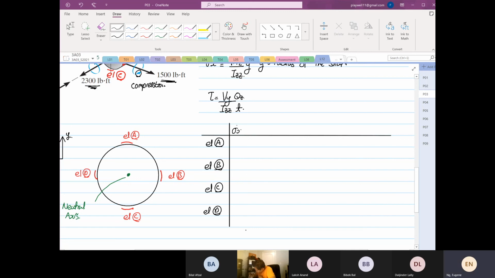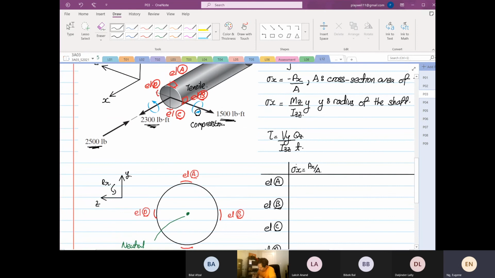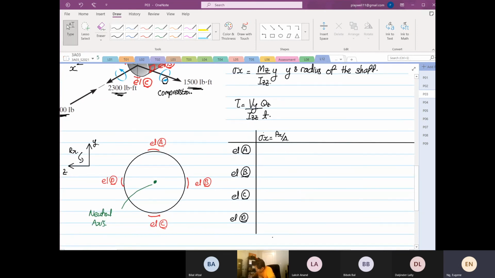So stress X is equal to Px over A, right? So this is due to axial loading. And if you look at the axial load is minus 2,500. So they are all minus Px over A. They are all going to see the same thing. So some of you might say, Eugene, if that's the case, we calculate. Oh, no. Then the next one,